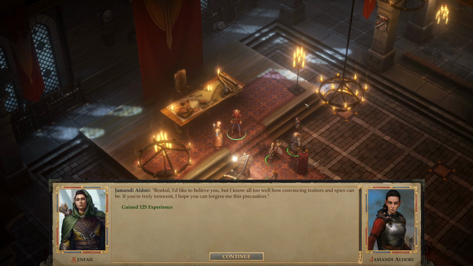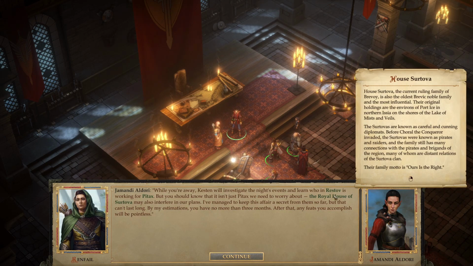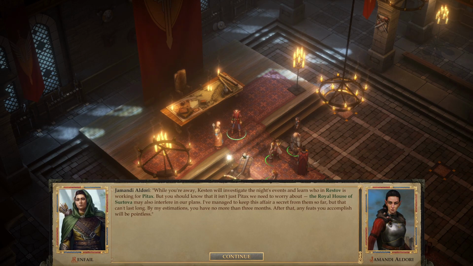I'd like to believe you, but I know all too well how convincing traitors and spies can be. If you're truly innocent, I hope you can forgive me this precaution. While you're away, Keston will investigate the night's events and learn who in Restov is working for Patox. But you should know that it isn't just Patox we need to worry about. The Royal House of Sertova may also interfere in our plans. I've managed to keep this affair a secret from them so far, but that can't last long. By my estimations, you have no more than 3 months. After that,